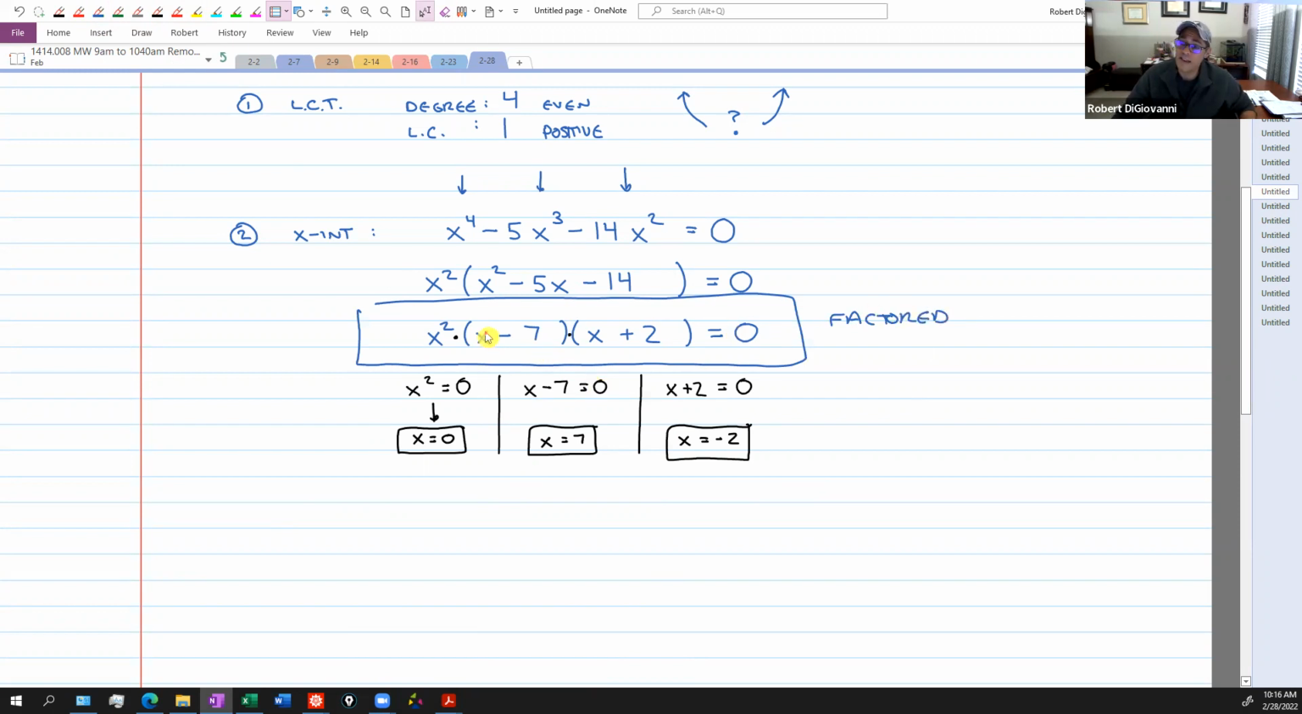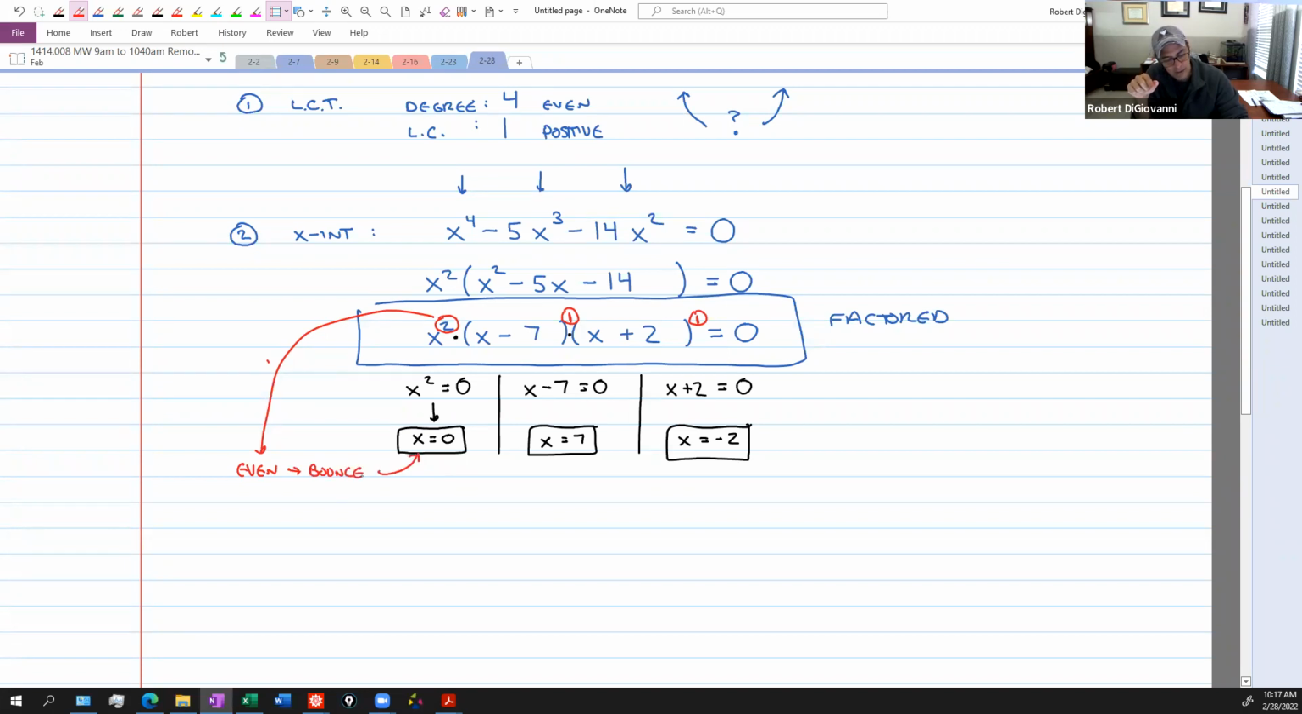And what we do is we look at each of the factors and we look at the power on the factor. So if you look at this first factor, x is raised to the 2nd power, right? This x minus 7, that's a factor, is raised to the 1st power. And this x plus 2 is raised to the 1st power. Those numbers, 2, 1, and 1, those are the numbers that are going to dictate whether or not we bounce or cross. If this number is even, if it's an even number, we will bounce